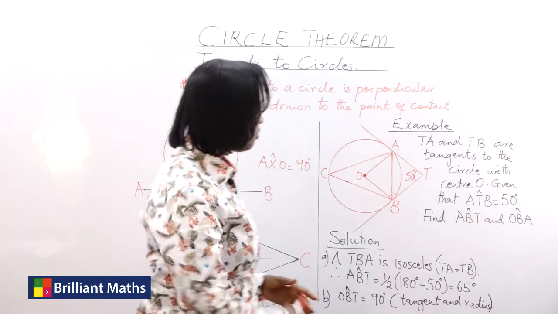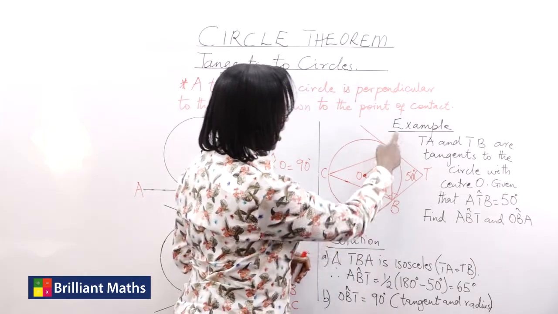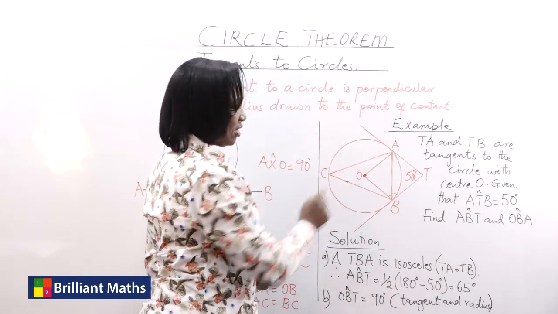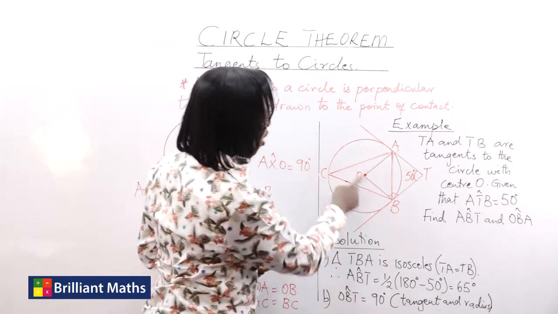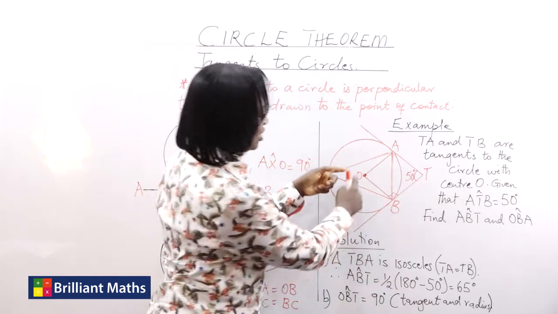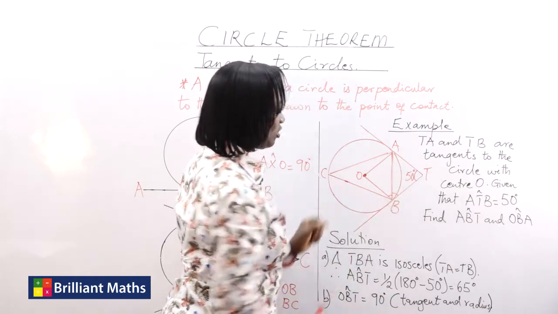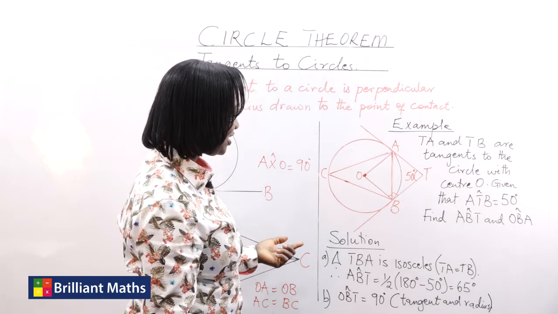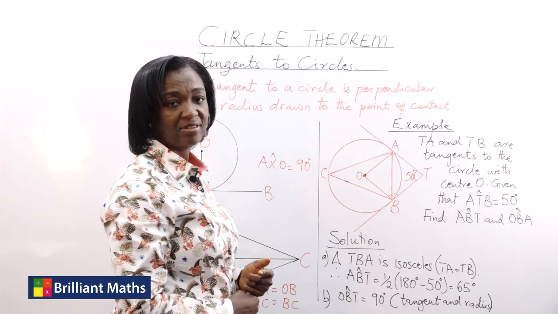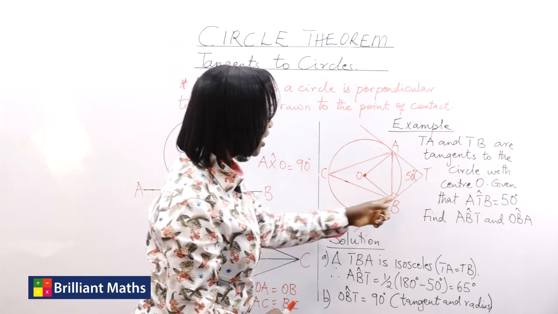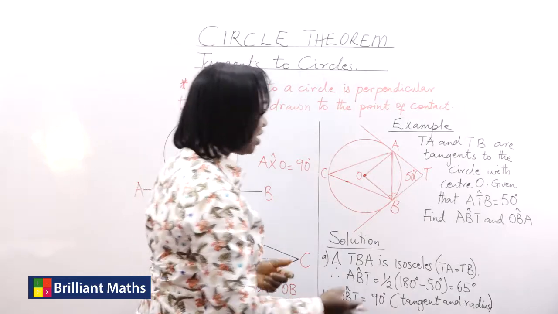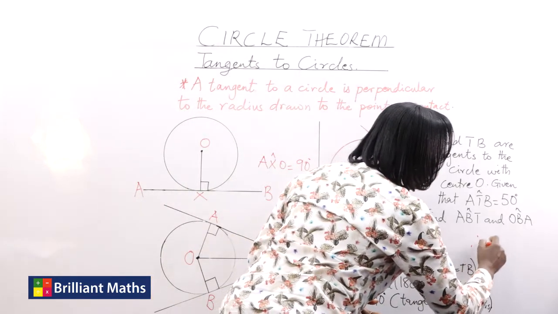How do we find angle OBA? OBA is the angle in the triangle here. We know that OBT is 90 degrees, tangent and radius. The radius and the tangent make 90 degrees. And we know that TBA is 65. So if this is 65 and the entire angle is 90, that means that our OBA,